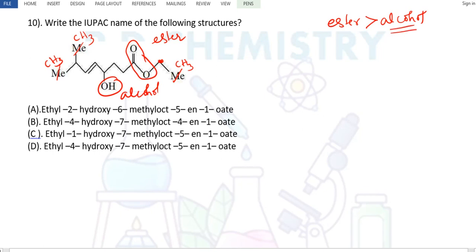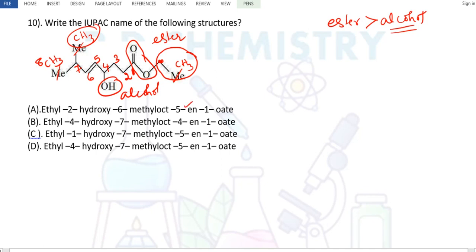So the ester is somewhere here, right? This is here. So give carbon number 1 here. Carbon number 1, 2, 3, 4, 5, 6, 7, carbon number 8. The longest chain is 8 carbon atoms. This CH3 is the substituent, and this is the alkyl part that will be attached to the ester. Okay. Now it should be octa. Octa is there everywhere. A double bond is there. The double bond starts on the fifth carbon atom. Correct? It should be 5-ene.